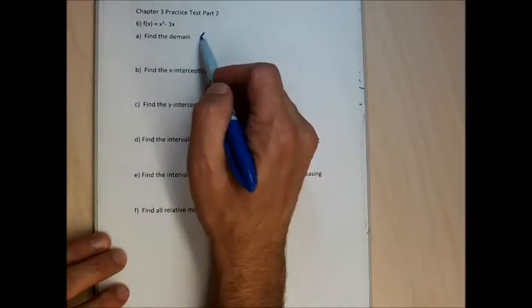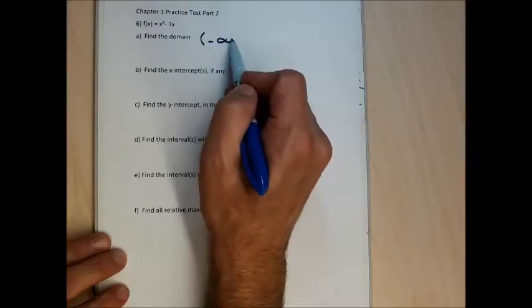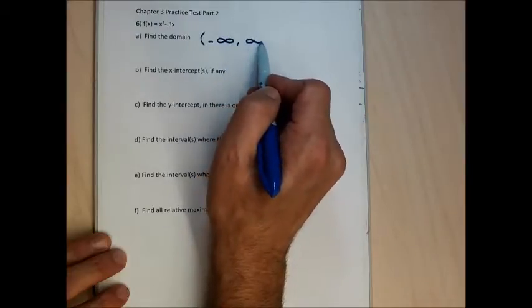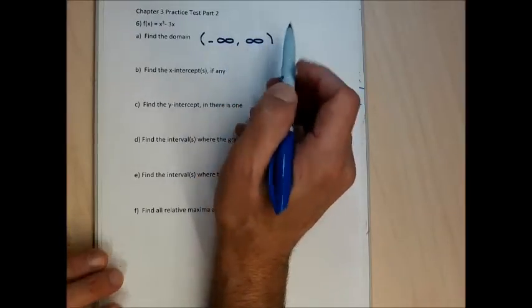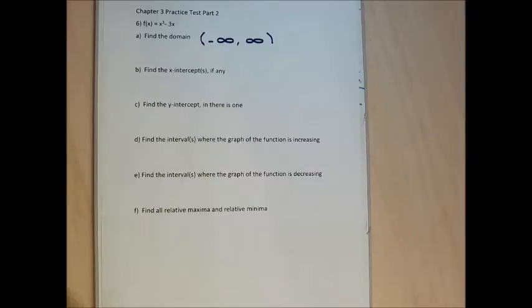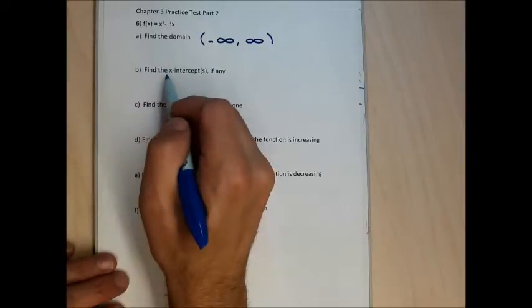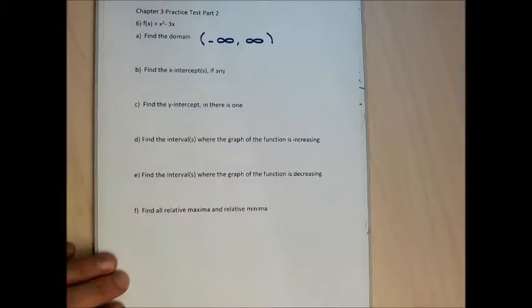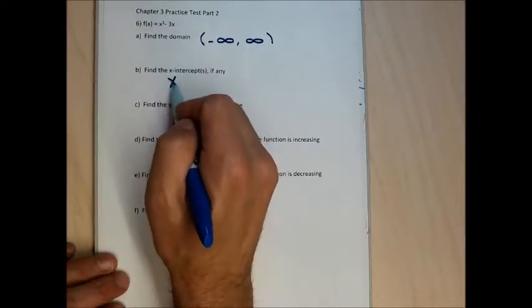The domain of any polynomial is negative to positive infinity, and there's no algebra you can do to find the domain. If you did algebra, you're probably going to find the x-intercepts, which I'm about to do in part B. To find the x-intercepts of this function, I'm not that excited about the function, but to find the x-intercepts, I'm going to take the